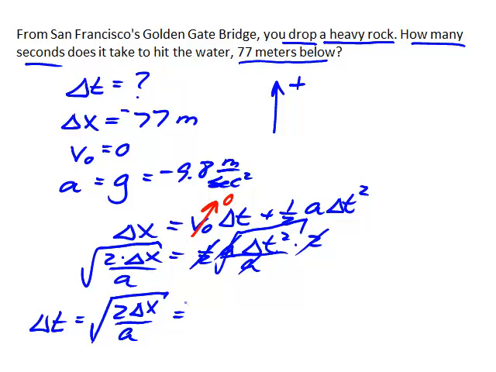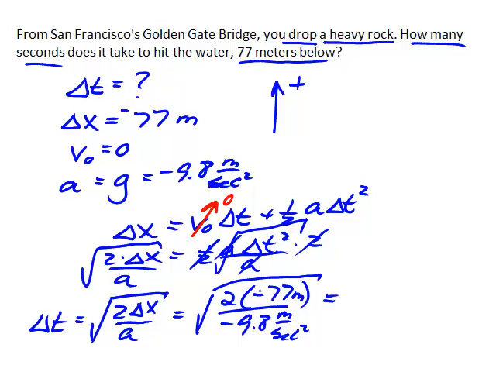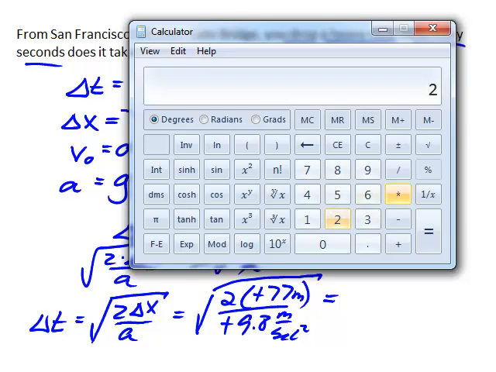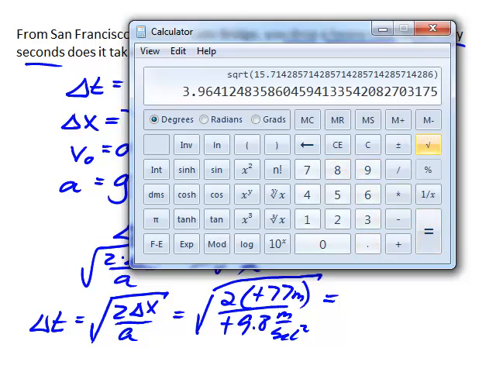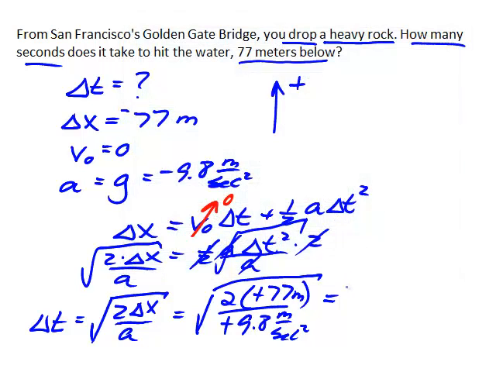Now we can go ahead and plug in our numbers. Square root of 2 times negative 77 meters divided by negative 9.8 meters per second squared. We have negative 77 on top and negative 9.8 on the bottom, so I'm just going to cross those out. So 2 times 77 meters divided by 9.8, 15.7, take the square root of that, 3.96. We have 2 sig figs, so 3.96 rounds to 4.0